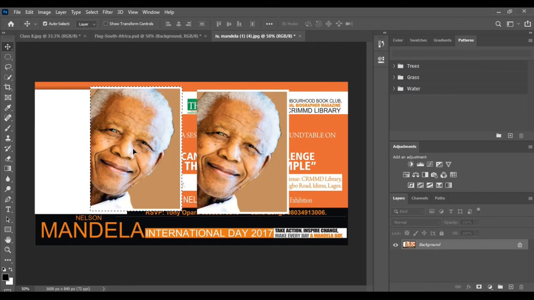Next is flipping and rotating. Flipping means making the mirror effect of the selected portion of the image. You can also rotate the selected part of the image by any angle. The various steps to flip, rotate a portion of your image are: open the existing image, select the portion of the image using the selection tool,